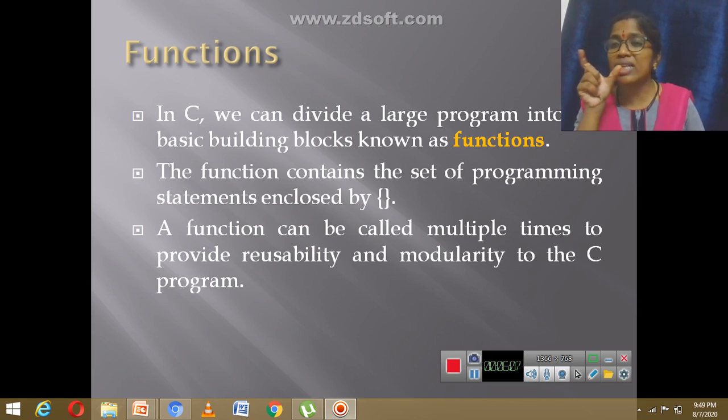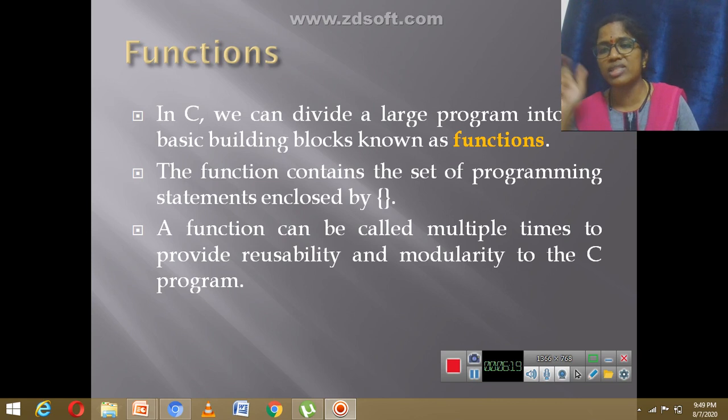So for that search function, I will write some set of instructions so that the function will perform only the searching of an element in the given list. Suppose I have a program where I have the task repeatedly to search an element from the given set of elements. So what do I do?